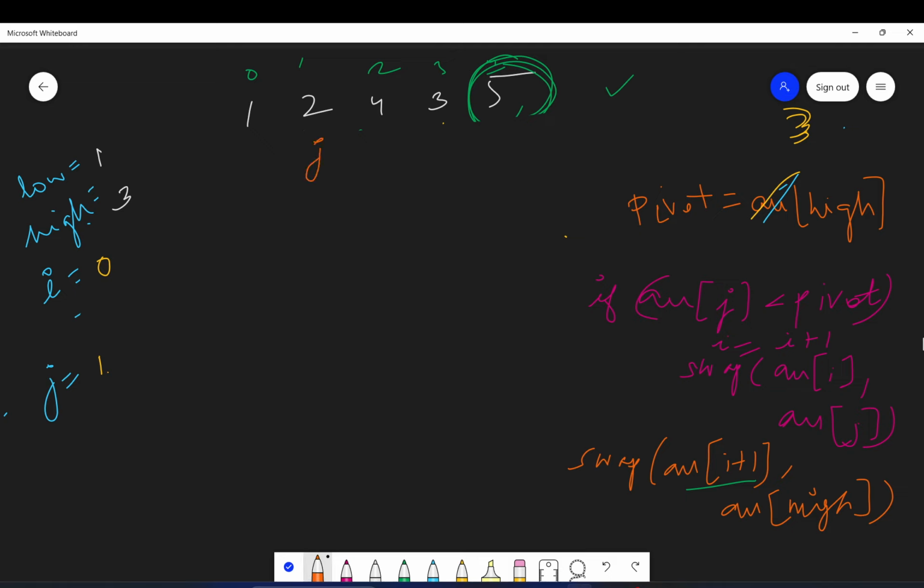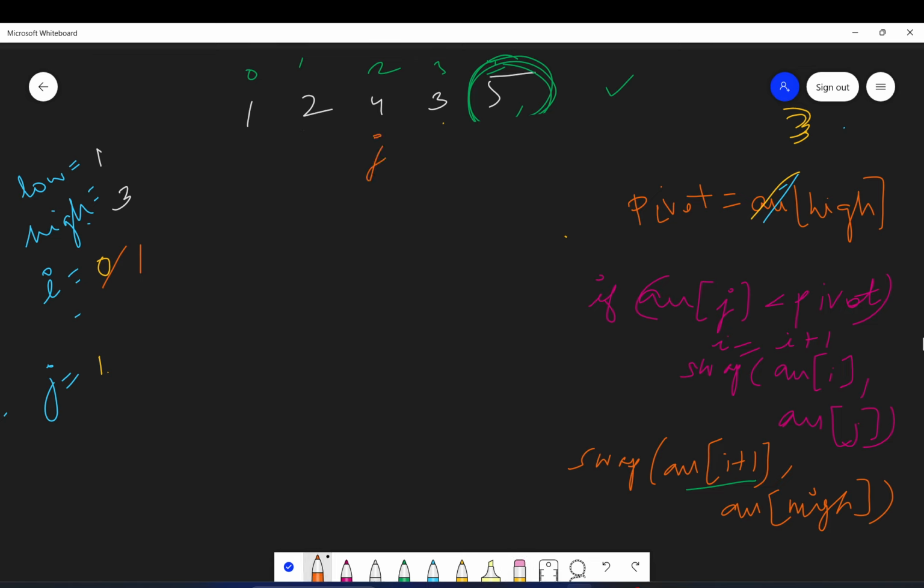So j will be here. We see 2 is less than the pivot element 3, yes. So we'll increment I and swap ARR of I and ARR of j. It is at the same index, so no effect.